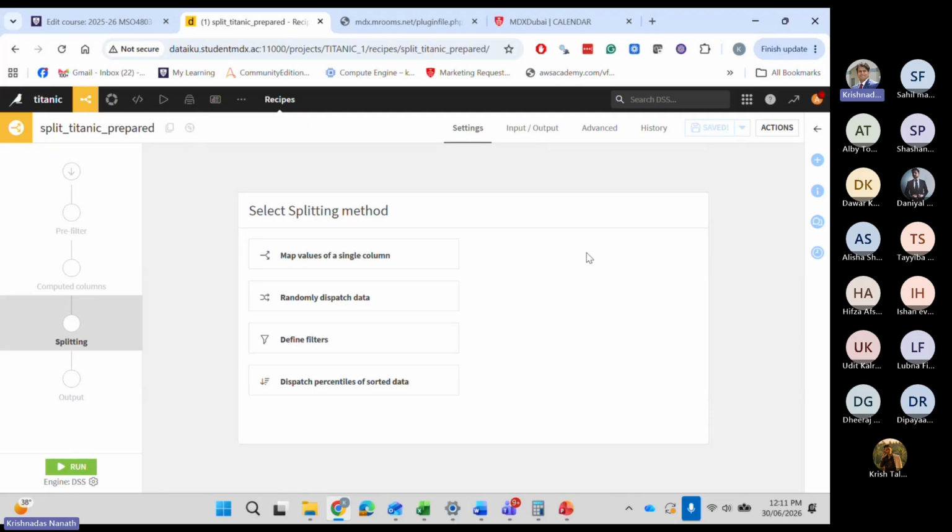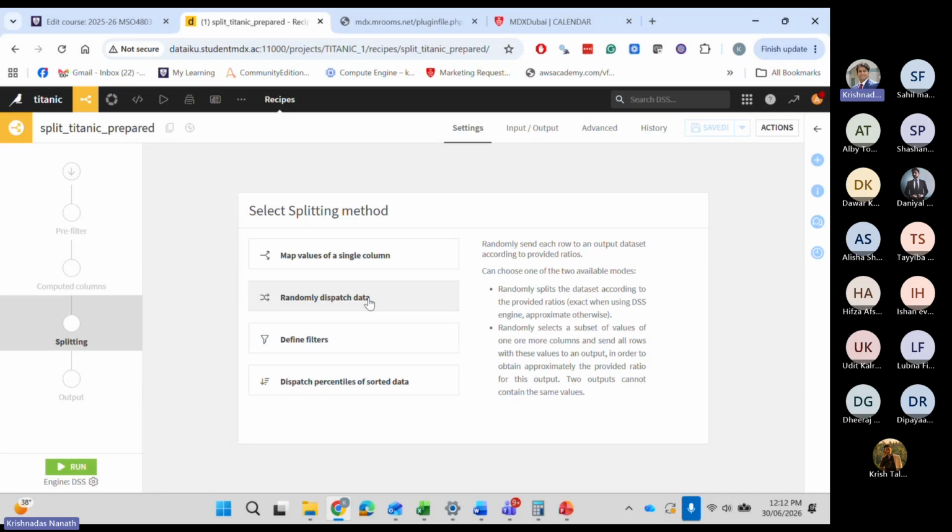Anyone else? Okay, now, as you can see, everyone, last part, as you can see, there are various ways of splitting. You have random data, in filters, you can have those distributions, you can say what percentage of gender, what percentage of age, you can try that. Dispatch by percentile, so you can say 80 percentile here, 20 percentile there, or you can do sequential. So for example, you can take the ID column and say first 800 will go in train and the remaining so on. Let's try random. So let's click on randomly dispatch data